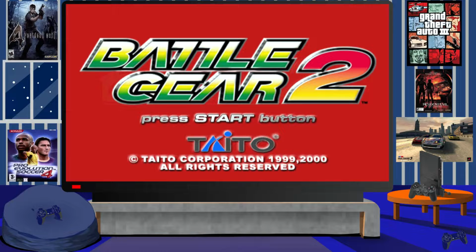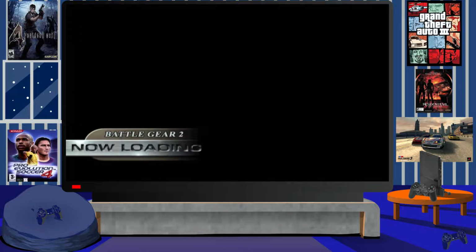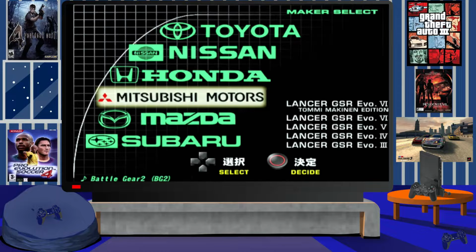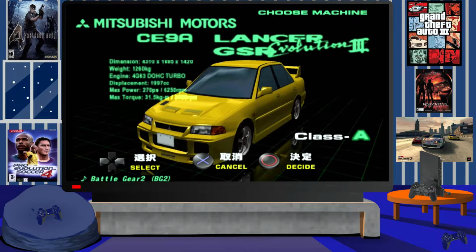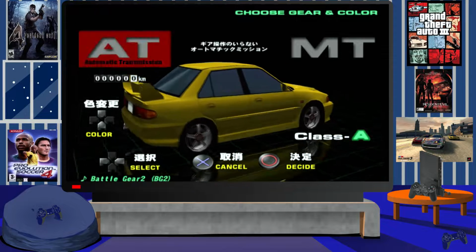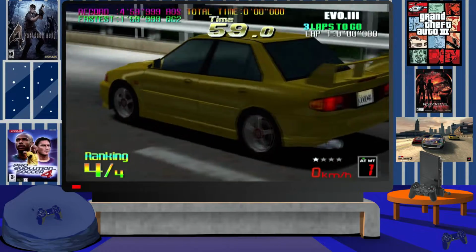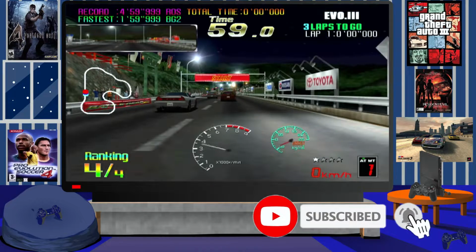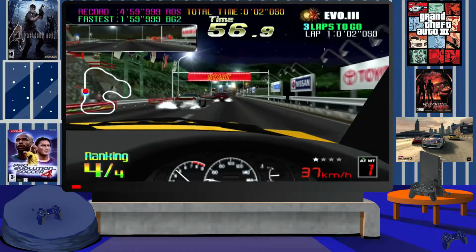Battle Gear 2 is a racing game that was developed and published by Taito Corporation for the PlayStation in 2001. This game is a port of the very popular arcade series that would have been extremely popular in the Japanese region. This game in particular would also be rebranded under the name Tokyo Road Race in Europe and other regions. That utilises the elements of street racing and even touge style racing, where you select a variety of classic